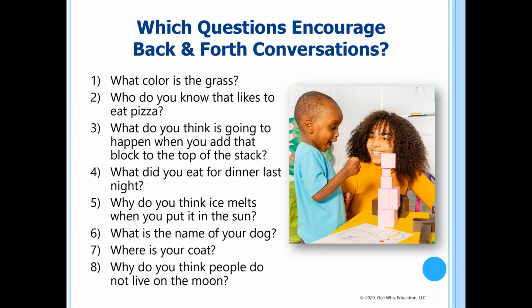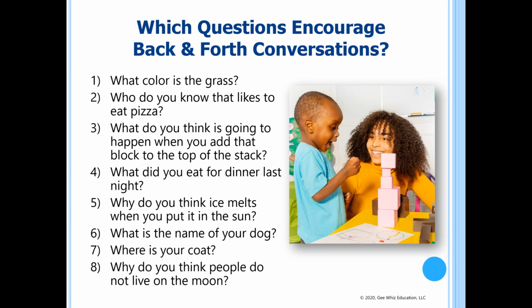We're getting some fantastic responses, and I can tell you overwhelmingly, we've got 3, 5, and 8. You see, you do know more than you thought you knew. Exactly. And if you look at those questions, you will notice they begin with what and why, and we're going to add how in there, but there's not one with how right now. Those are questions that there's not going to be a one-word response to, and there's not necessarily a right or a wrong answer. For instance, why do you think people do not live on the moon?